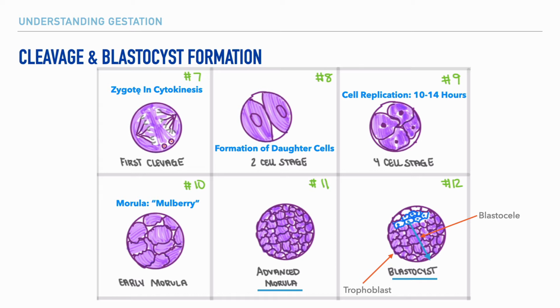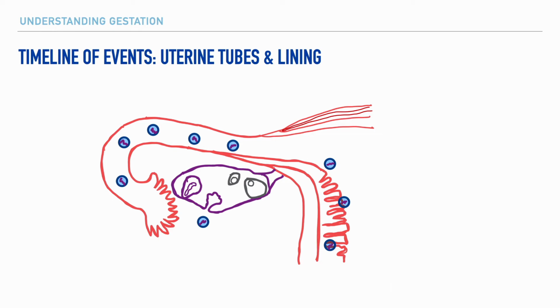And after going through a series of changes, our blastocyst becomes exposed to the contents of the uterine cavity where it receives additional nourishment. And it's here within the uterine cavity that the blastocyst becomes implanted into the endometrium. Because we've just covered a great deal of information so far, let's revisit some of the steps we've just discussed so that we can get the gist of the timeline regarding cleavage and blastocyst formation.